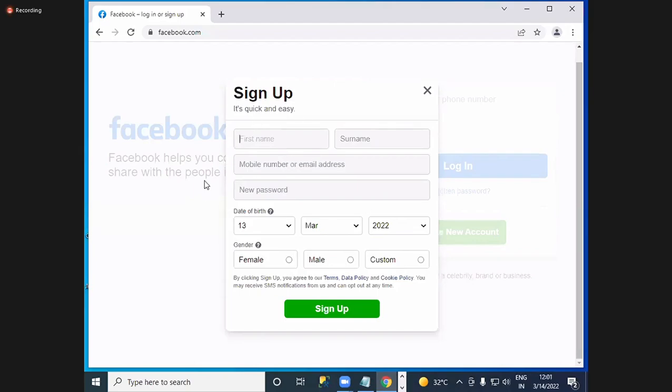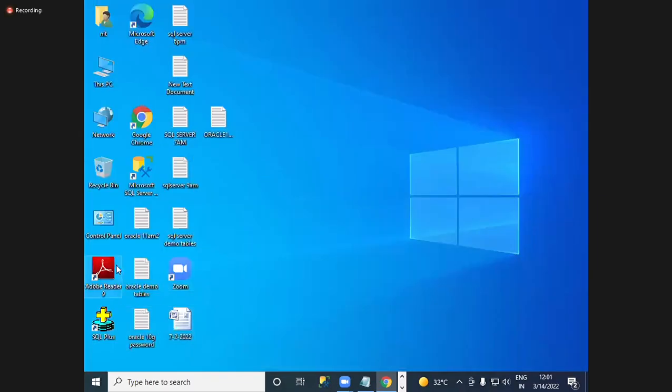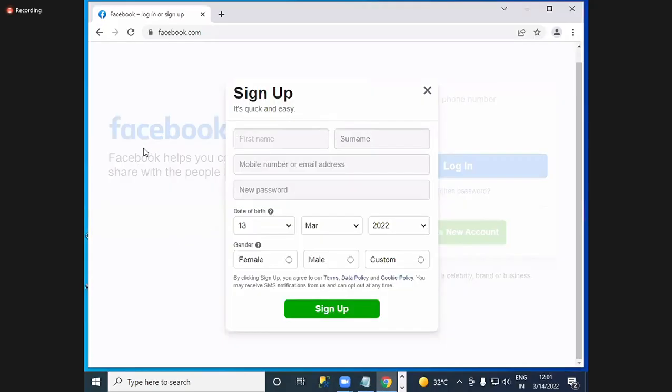So now this is my front-end form, and suppose I'm the user, I will interact here, enter all the details and click on sign up. Now tell me, which application is this? Is it a manual application or an online application? This is online.